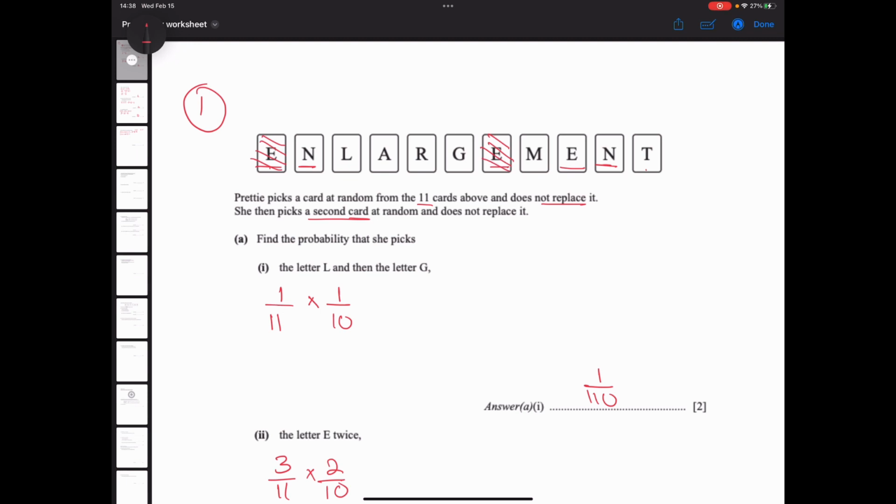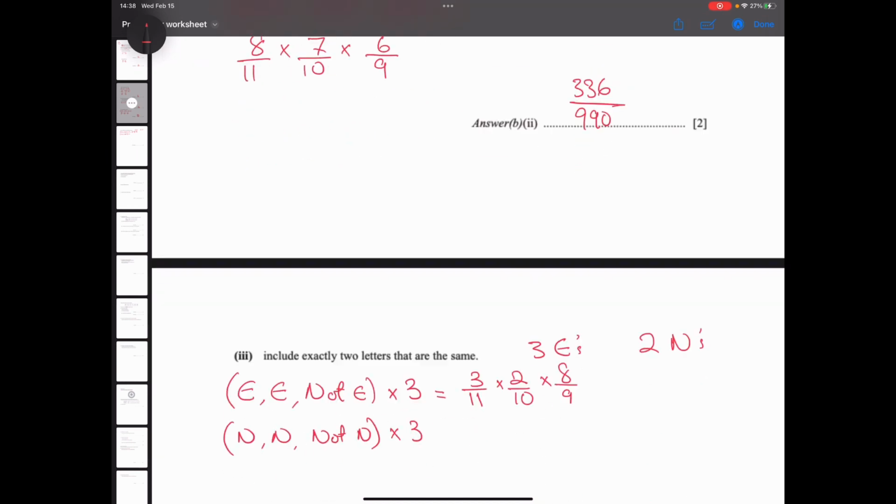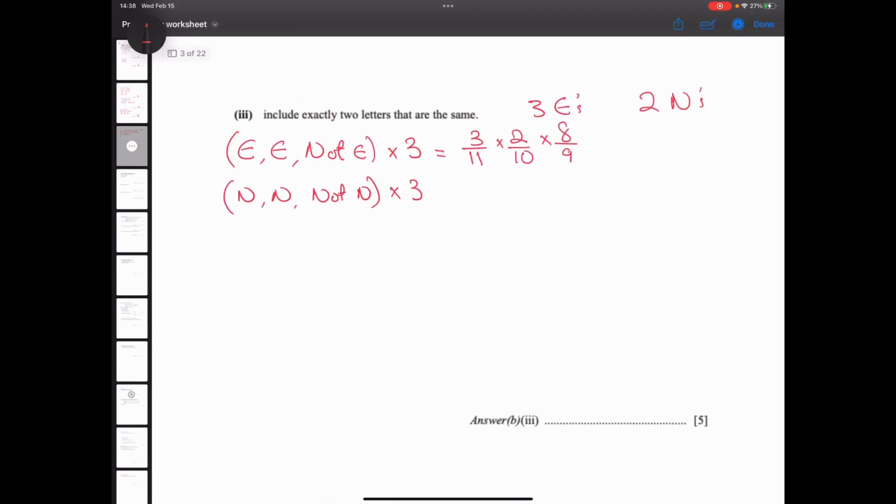How many letters are not E's? 1, 2, 3, 4, 5, 6, 7, 8. That's my explanation for it, divided by the total. I'm going to take this and multiply it by 3. So 3 times 2 times 8 times 3 again is 144